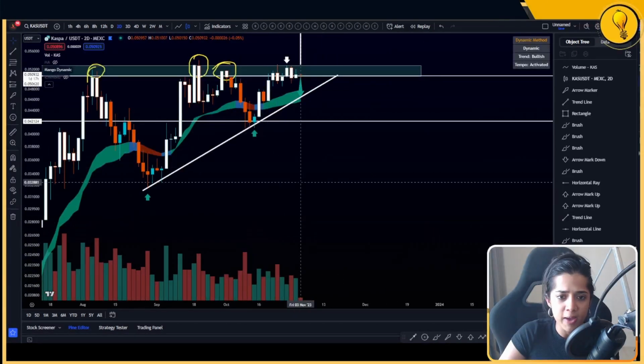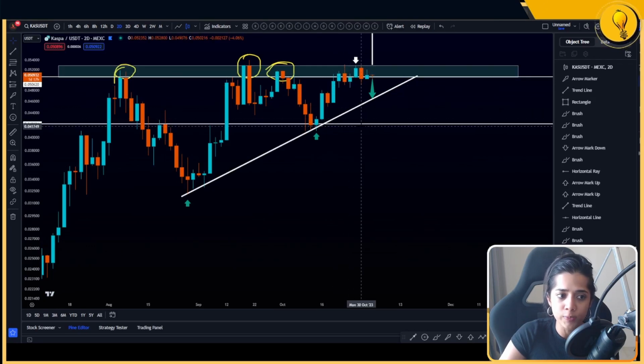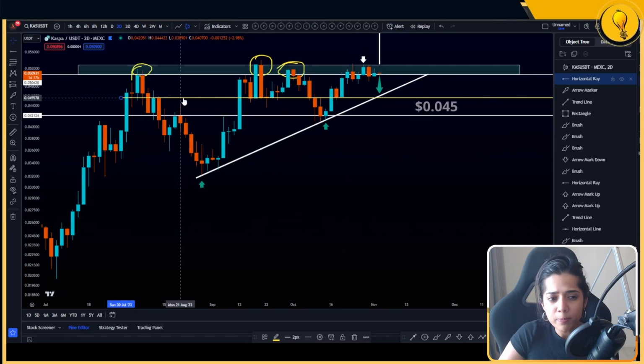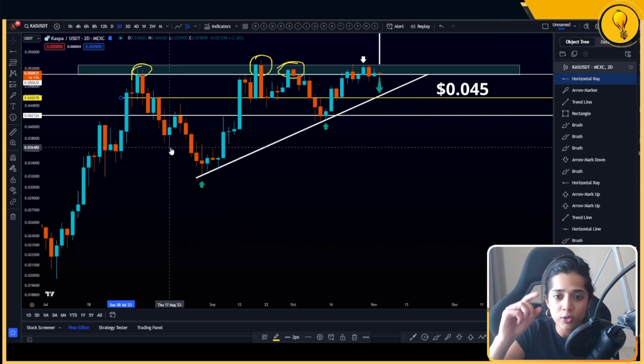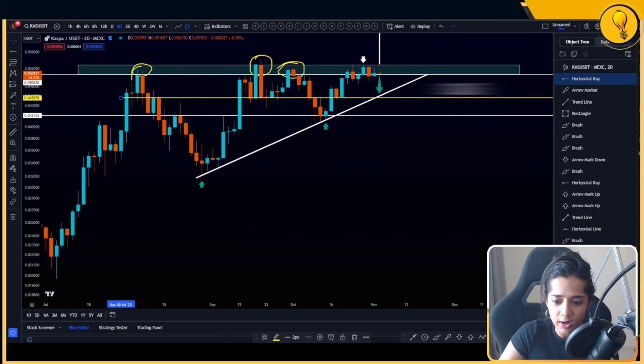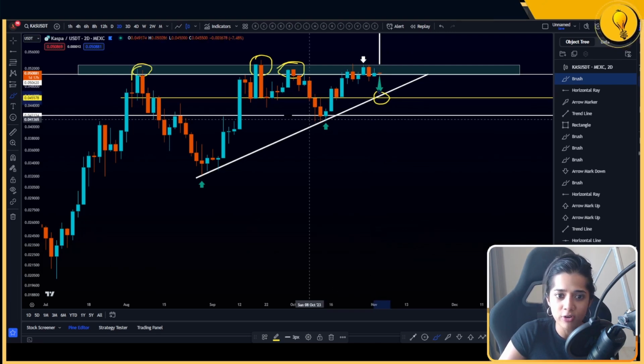Notice if I take you guys back over to that range of oscillation that we spoke about earlier in this video, from 5 cents all the way down to 0.42 cents, the midpoint will come in right here at around 0.045 cents. What I want you guys to notice is not just that this is confluence with the trend line, which makes it even stronger, but